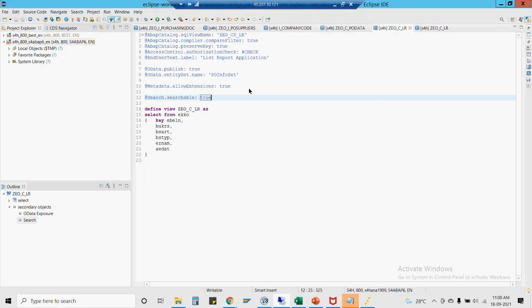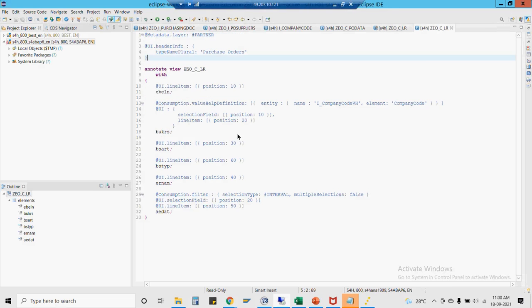So when you say search.searchable equal to true, it would allow you to have any sort of global search defined, and you would be able to define a global search. Now, when I say I'll be able to define a global search, but on what all fields do I want the global search to work? For that, we have